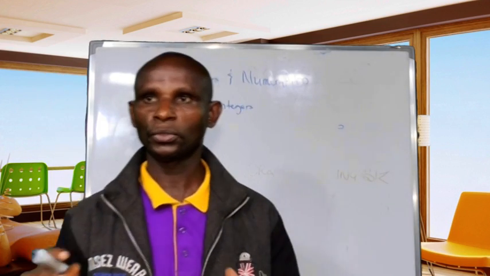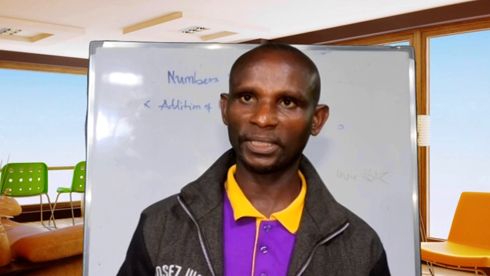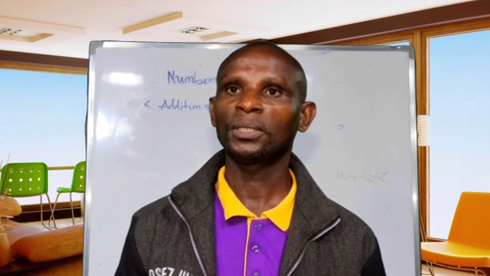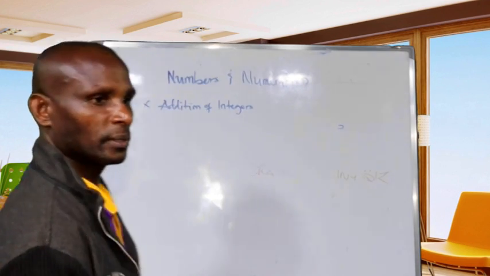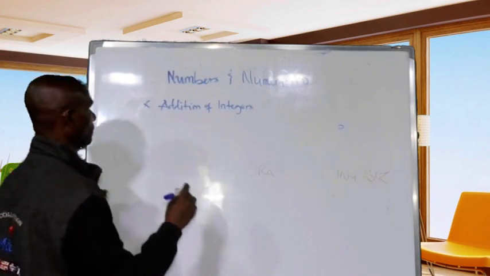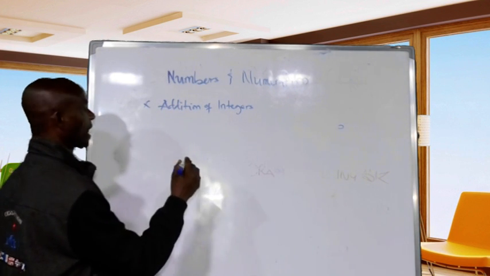Now, we are going to do it in such a way that it will be very, very explicit and it will be easy for you to understand. We'll talk about small positive and big positive, small negative and big negative. We are going to use some symbols to differentiate them. For example, if we have